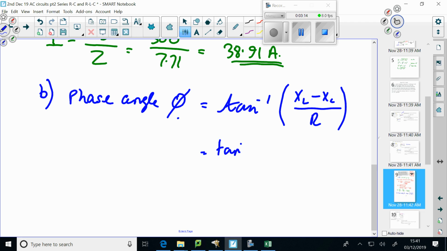That's tan to the minus 1 of 12 pi minus 31.83, all over the resistance 5. Anyone got an answer for that? 0.57